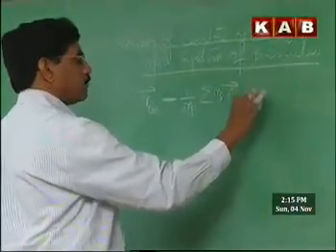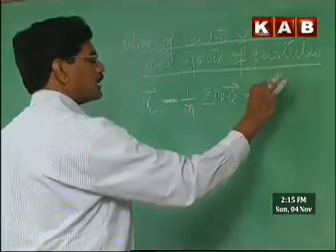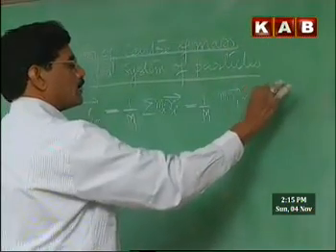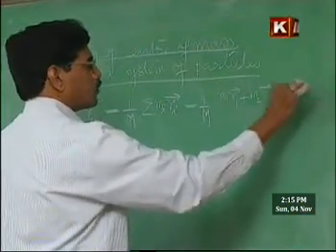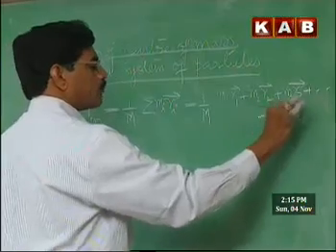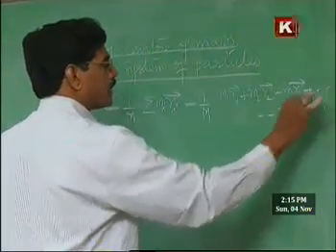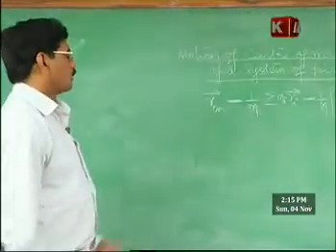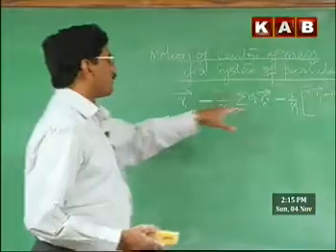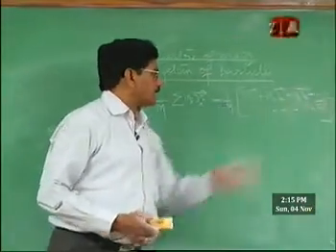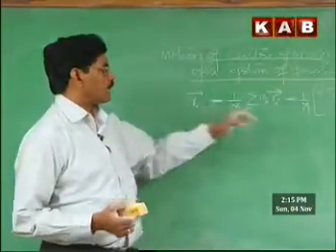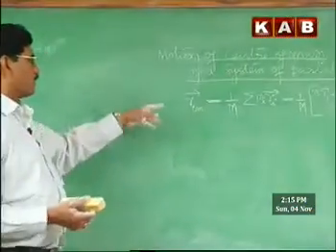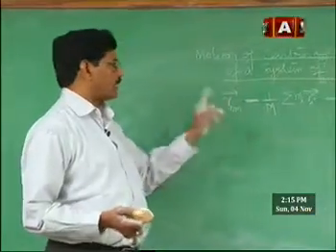This we can write as 1 by m, expanding this summation into individual terms, m1 r1 plus m2 r2 plus m3 r3 and so on. Let there be n particles in the system, mn rn, that is the summation. These are the coordinates of the individual particles, r1, r2, rn. m1, m2, m3 are the corresponding masses of the particles. Therefore, position vector of the center of mass is this. This already we know how to write.